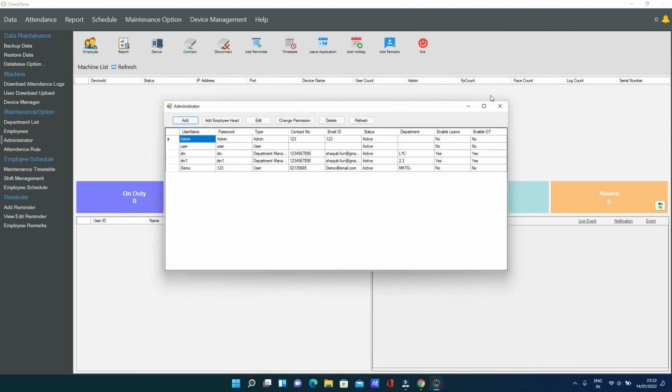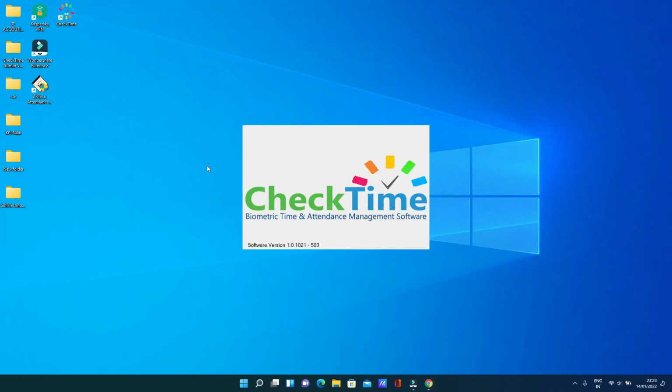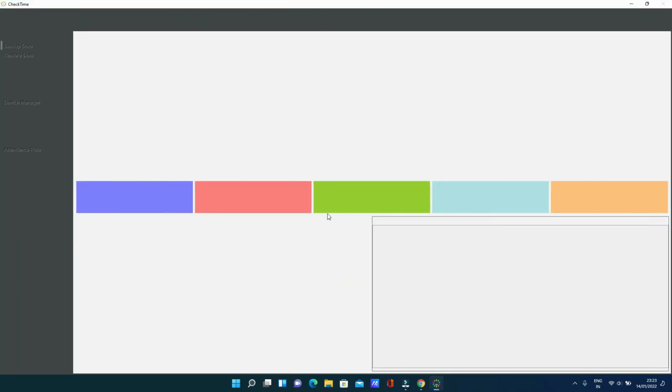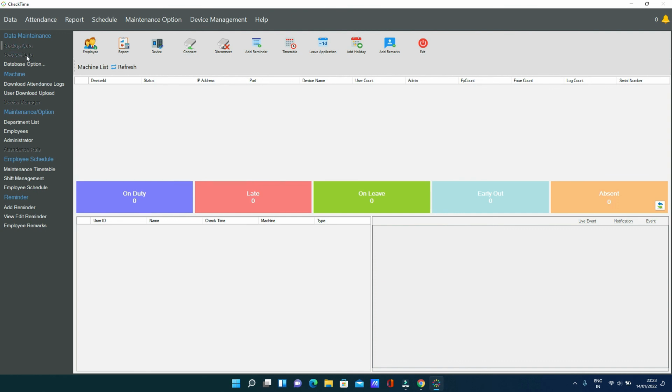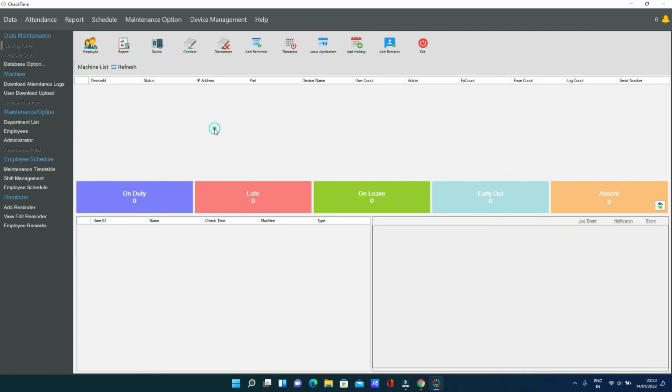Then just go out. After this, your user can use that username and password to log in. For this user, some permissions are not available; you can see they can't click on these permissions.